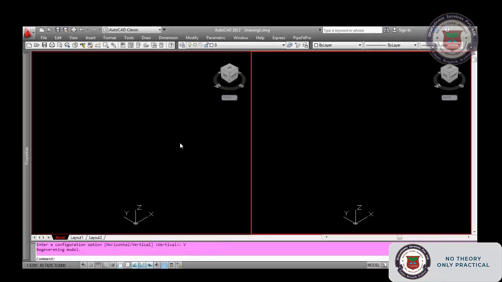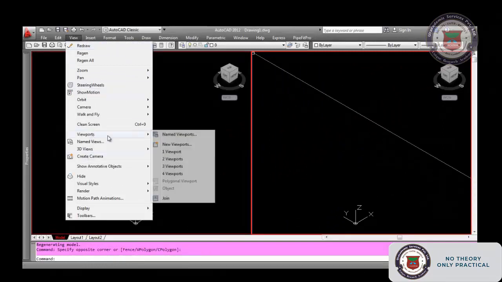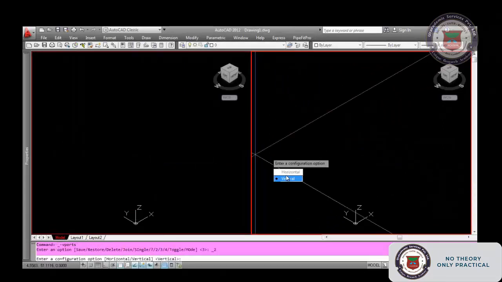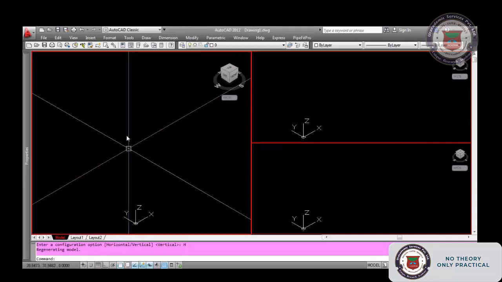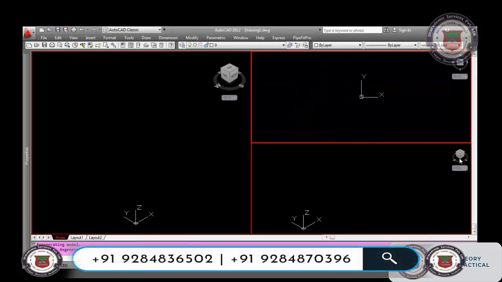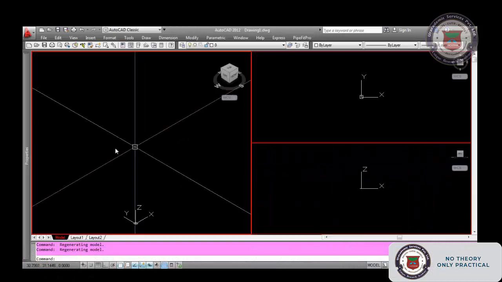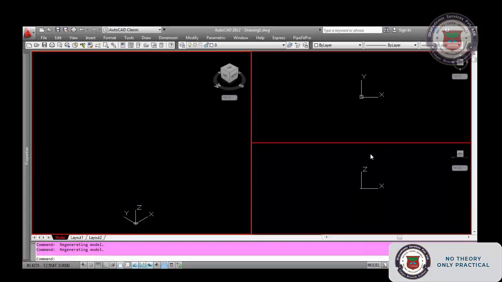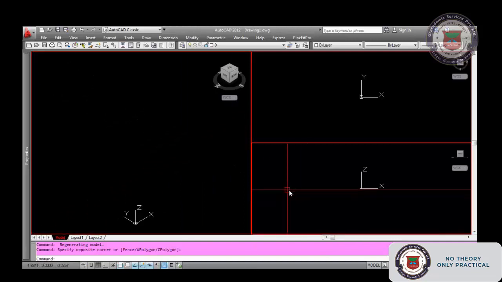First we will make it 2, from that we will make it horizontal, so that here you will have the 3D object. In this portion you will have one top view or one front view, so that you will have the viewports like this, with a big 3D one and a small top or elevation, something like that. Okay, now you understood about the windows.